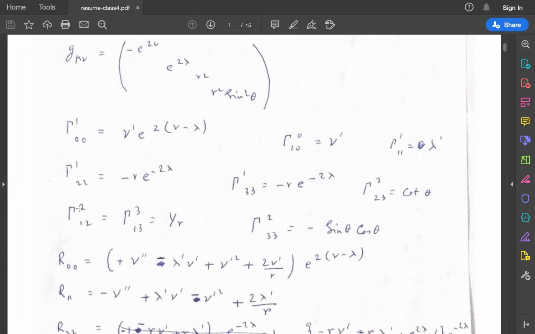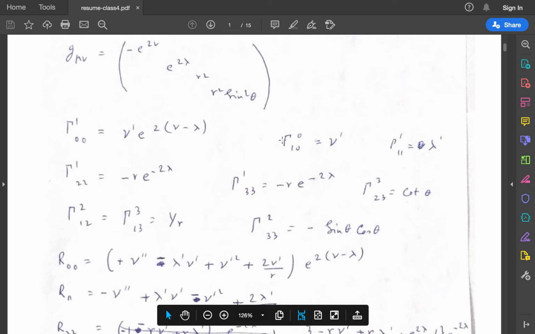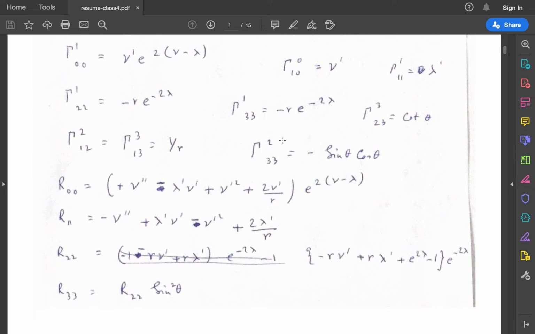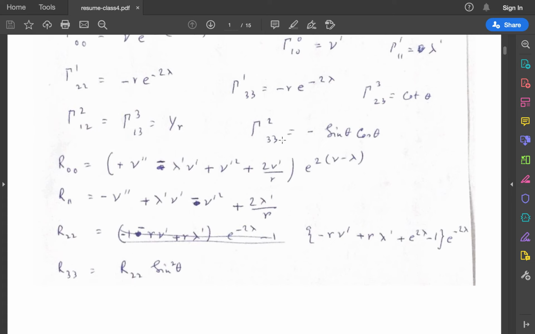Also gamma theta r theta is equal to gamma phi r phi, which is 1 by r, and gamma theta phi phi is minus sine theta cos theta. So this you can find easily. Once you have found the Christoffel symbols, then we can find the Ricci tensor in terms of the Christoffel symbols, which is also very